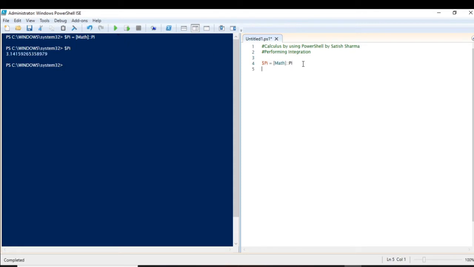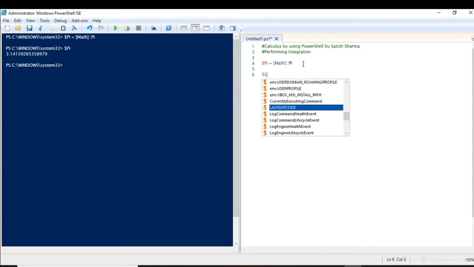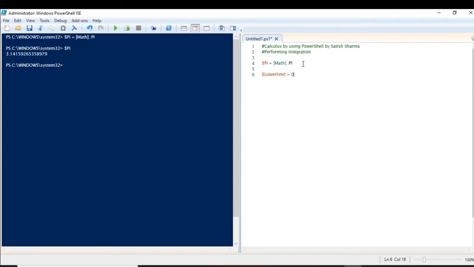Now we have the lower limit. Let the lower limit be equal to 0. Then let the upper limit equal $pi by 2, for now.